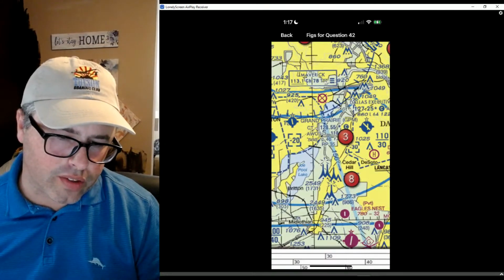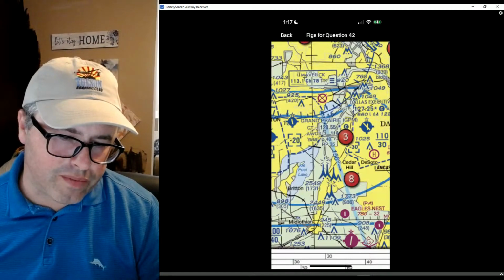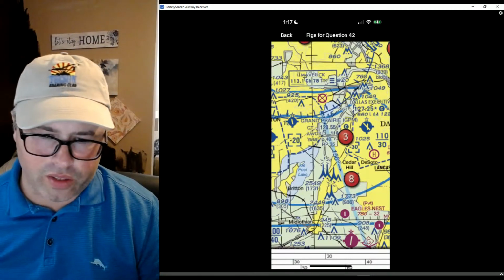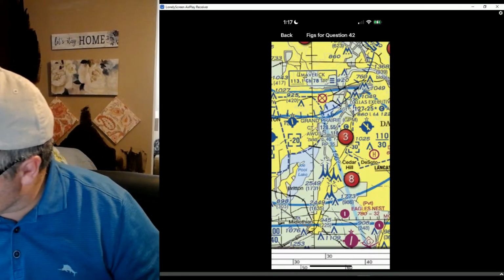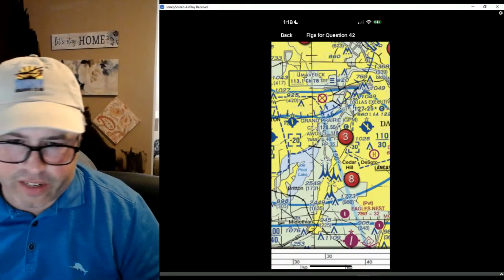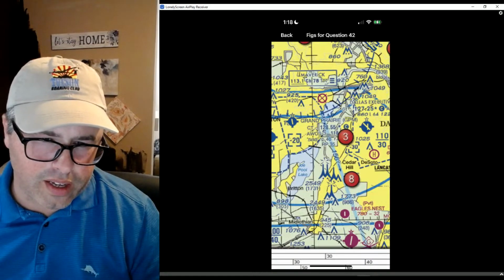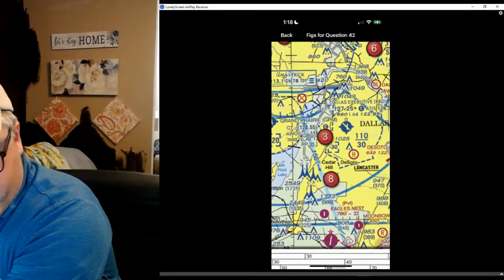Okay. Hey, look, this one here, 2,549. It looks like that one's going to be the tallest. And it's south of Dallas Executive, which you can see is Dallas Executive, just by the number 3 right there,